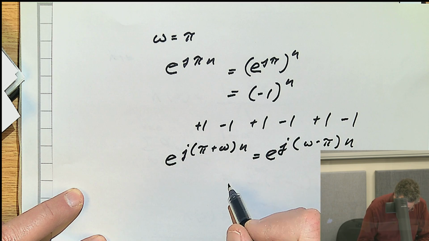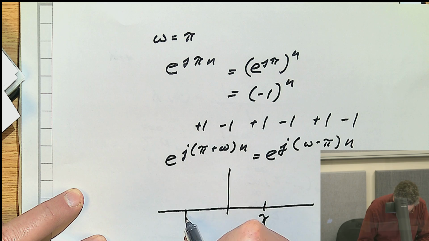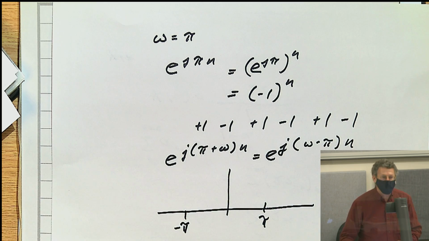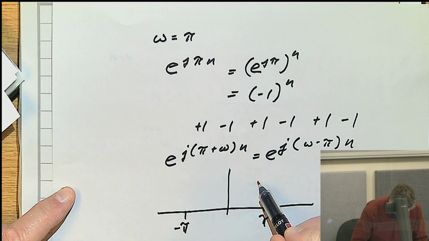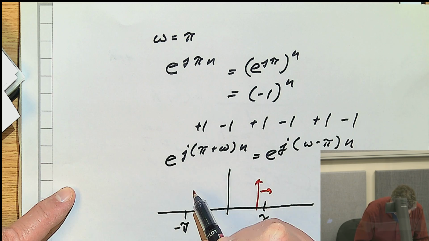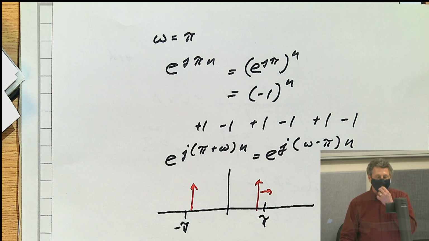So this has the interpretation of, this is pi frequency and this is minus pi, that as you pass over this boundary, so this is the frequency, as you move this way, you actually come back here. It reminds me, in fact, we'll see this later,